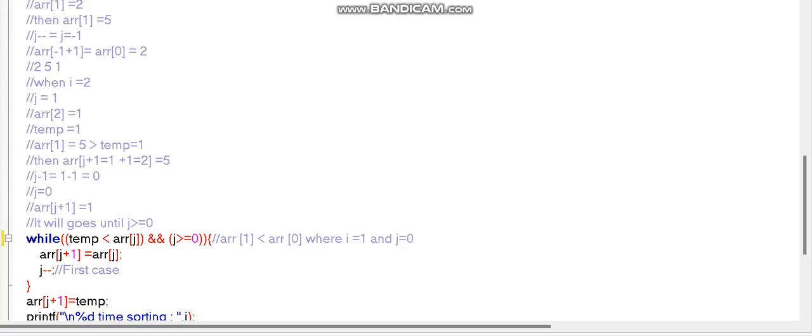And j will get decremented in the while loop. j is equal to j minus 1, until j is less than 0. The condition is j should be greater than or equal to 0, and it continues and continues. So this is what insertion sort is, inserting and inserting. So if such is the case, then j plus 1, at that time j is equal to 1, that